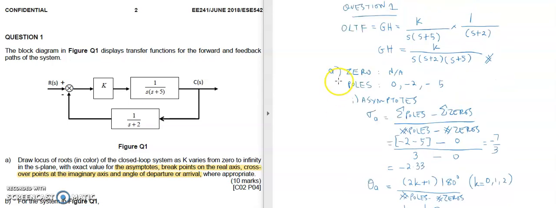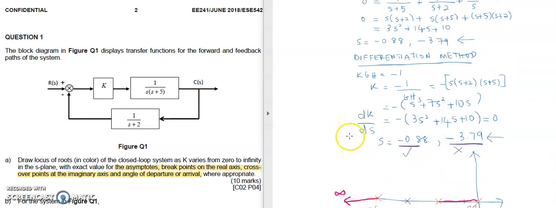Back to the zeros and poles. If you have real poles, meaning that you will have a breakaway point. If you have real zeros, meaning that you will have a break-in point. In this case, there is no zero, meaning that there is no break-in point. There are real poles, meaning that there is a breakaway point. If you have complex conjugate poles, you do not have a breakaway point. If you have complex conjugate zeros, you don't have a break-in point.